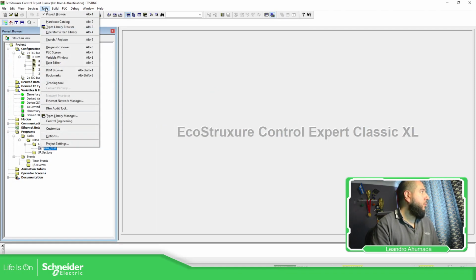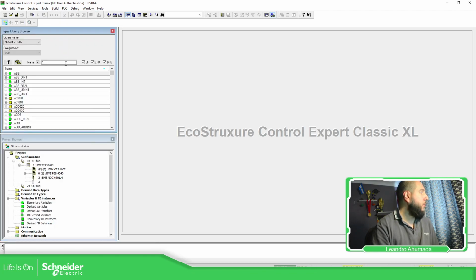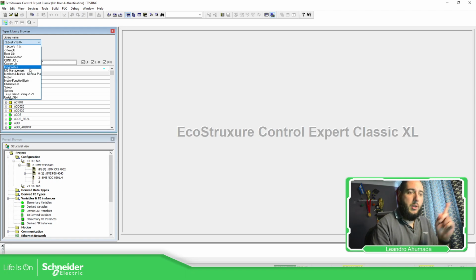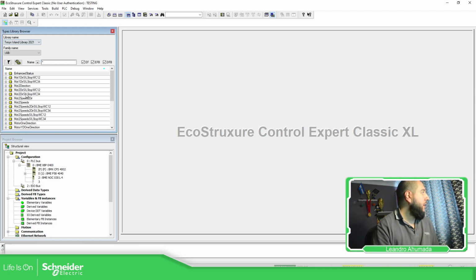In order to see which libraries are used, we just go to Types Library Browser, and here we should be able to find all the libraries. You can see here I have the Modicon libraries, general purpose, GPL. There's another video explaining that. And this is the Island library. Here you should be able to find the family. We have load avatar.